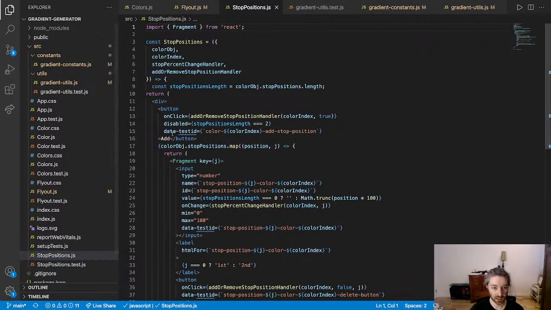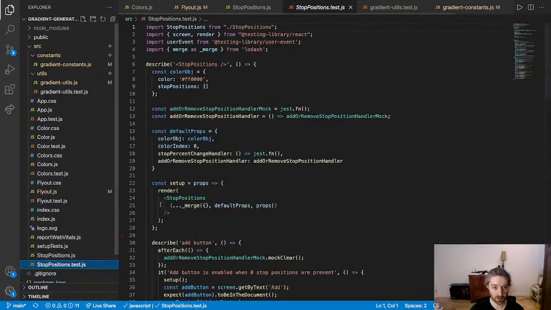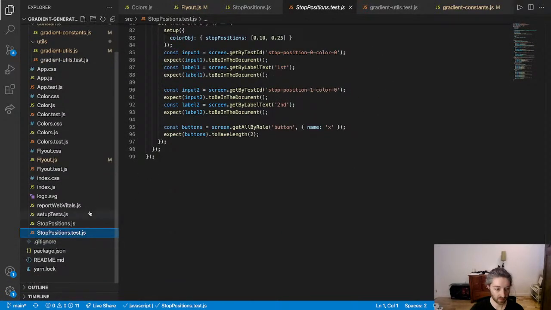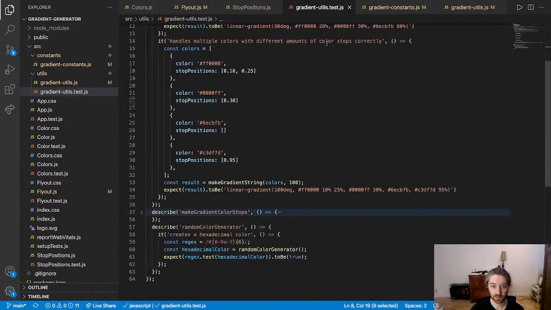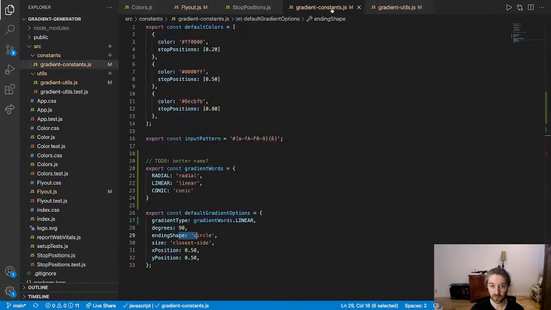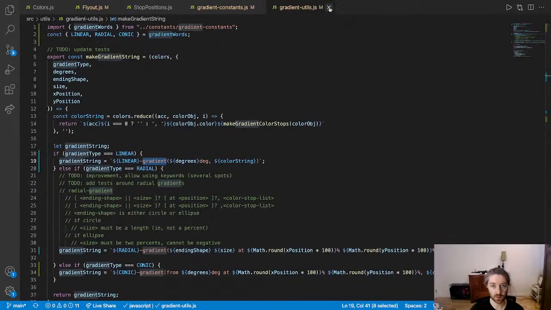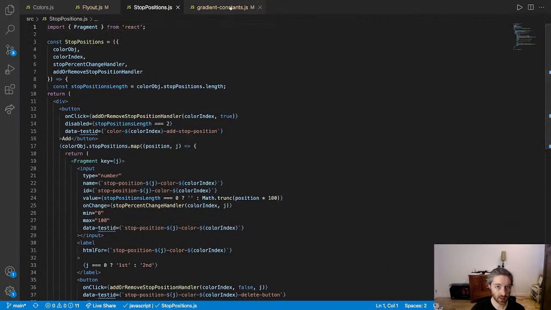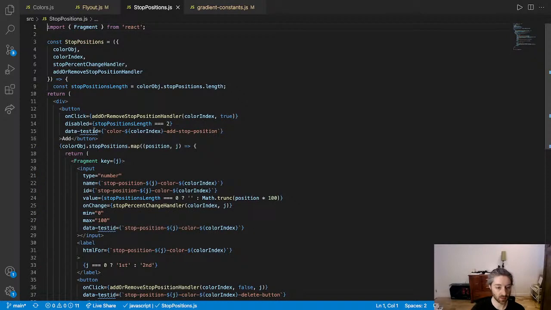Yeah, there's a couple. There's an add in here. Stop positions test. Okay, so there's a handful. There are a handful to use. So specifically, now, interestingly enough, these are not gradient words. These are